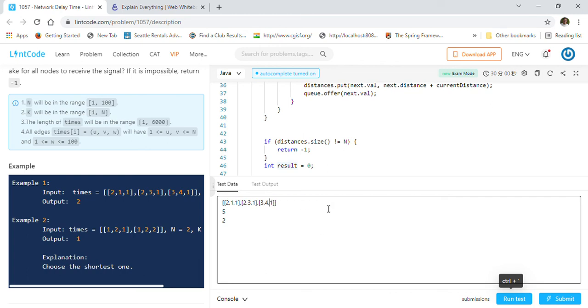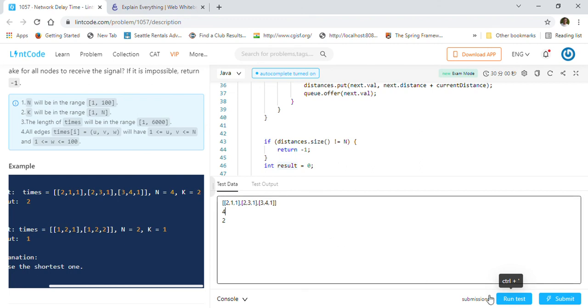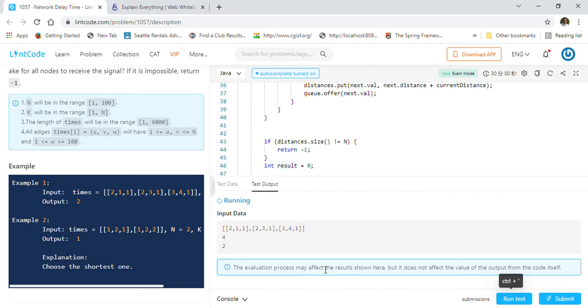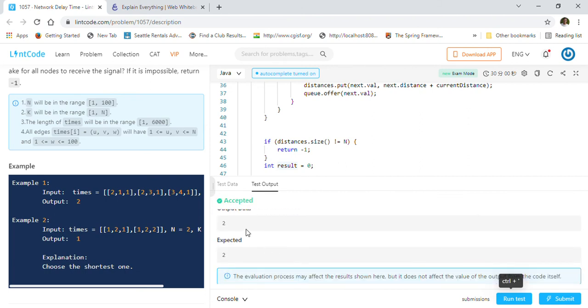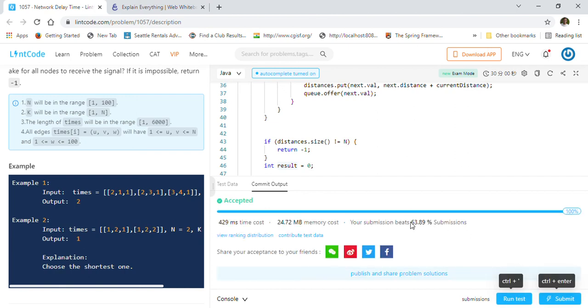This is the example that is given to us, and then 4 and 2. So 4 is the total number of nodes, and the maximum distance is 2 here. Let's make sure it works. As you can see, we are getting the correct result. So let's submit this solution. Our solution got accepted by LintCode.